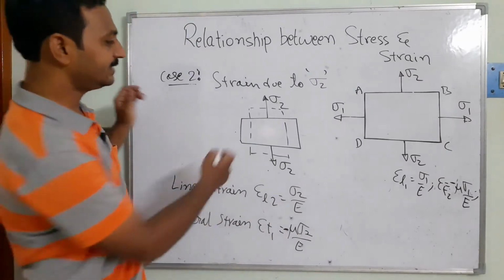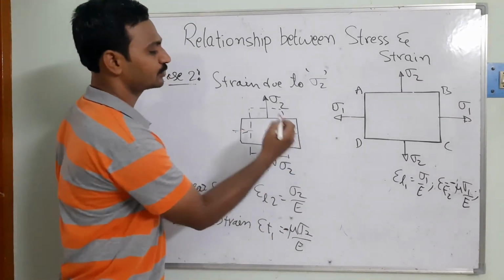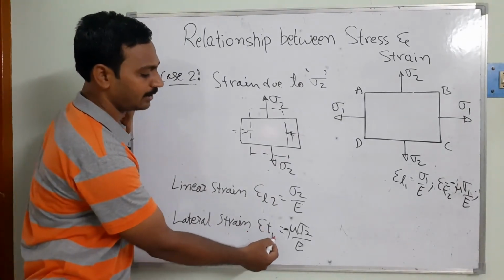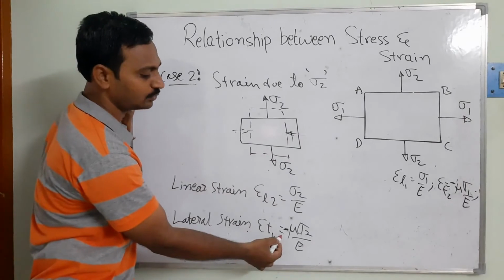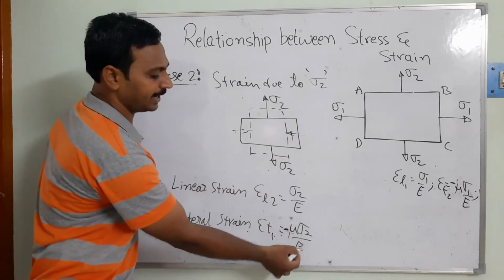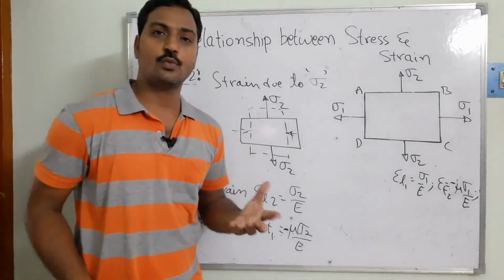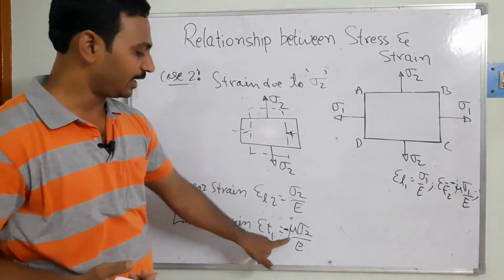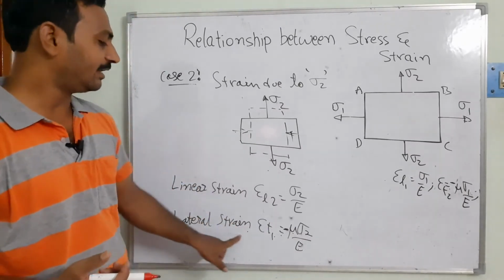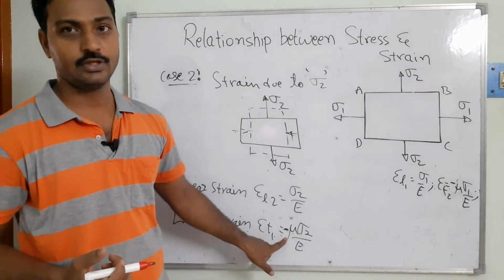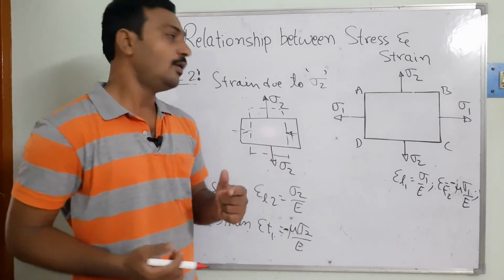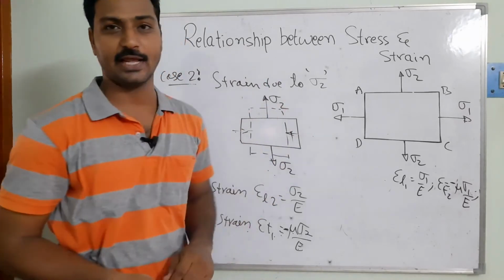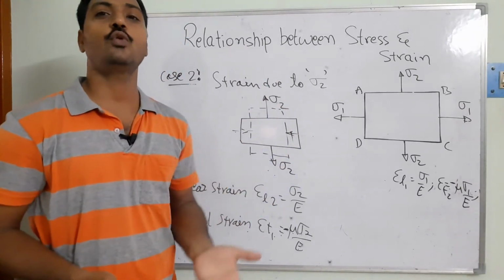And similarly in this direction the material is going to start shrinking. So then the lateral strain, epsilon 1, that is in the direction of the 1, is equal to minus mu into sigma 2 by E. As we know, the Poisson's ratio introduces the relationship between the lateral strain and the linear strain. So the transverse, that means the lateral strain, we always consider negative. Sometimes it is positive also, when you are applying the load in this direction but the area starts to increase in this direction. Those are called negative Poisson's ratio.